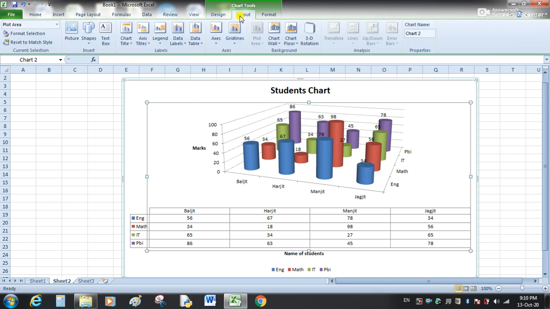From the layout tab we have learned how we can give a name to the chart and to the axis, and how we can set the positions of the legends.